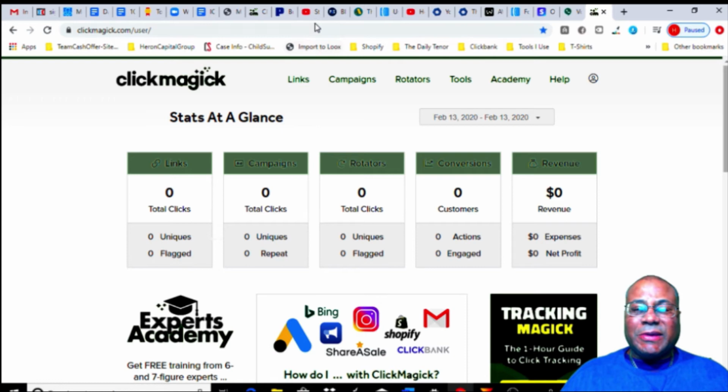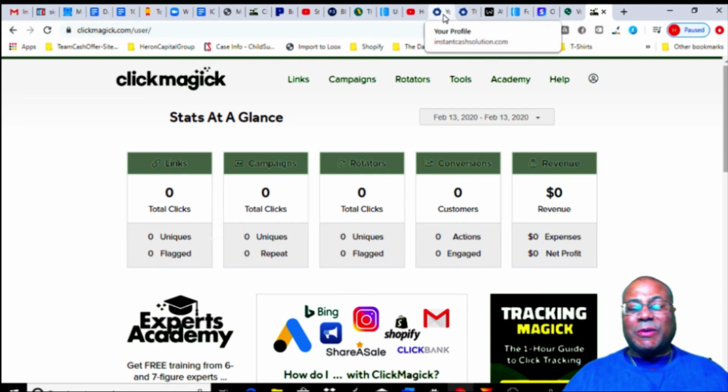All right, now ClickMagick is a tracking system that I use for all my links online, because when you're paying for traffic, you want to know that you're actually getting the clicks that you're paying for. And when using different methods of free traffic, you want to know what traffic is working, where it's coming from. Some sources work better than others, and that's where tracking comes in. You're always going to track, whether you're doing this business, whether you're doing CPA marketing, launch check, anything you market online, you're going to want to track your links, because you're going to want to be able to test,